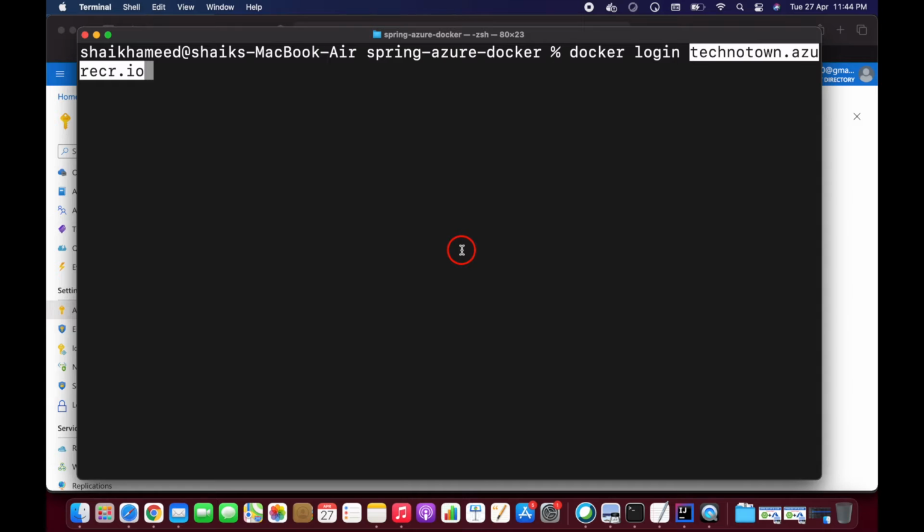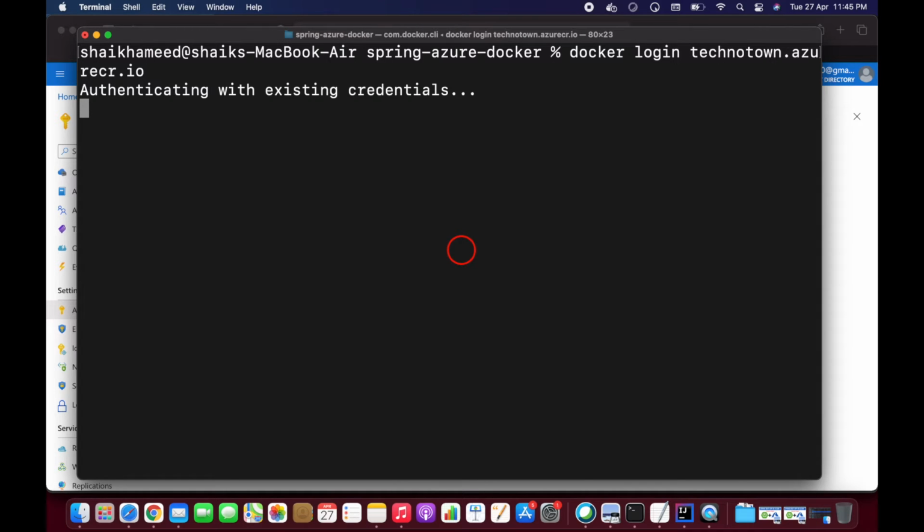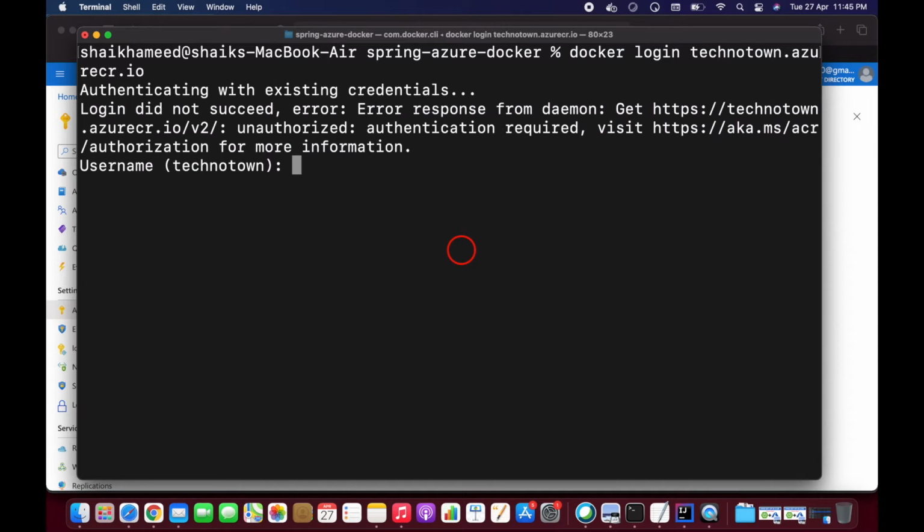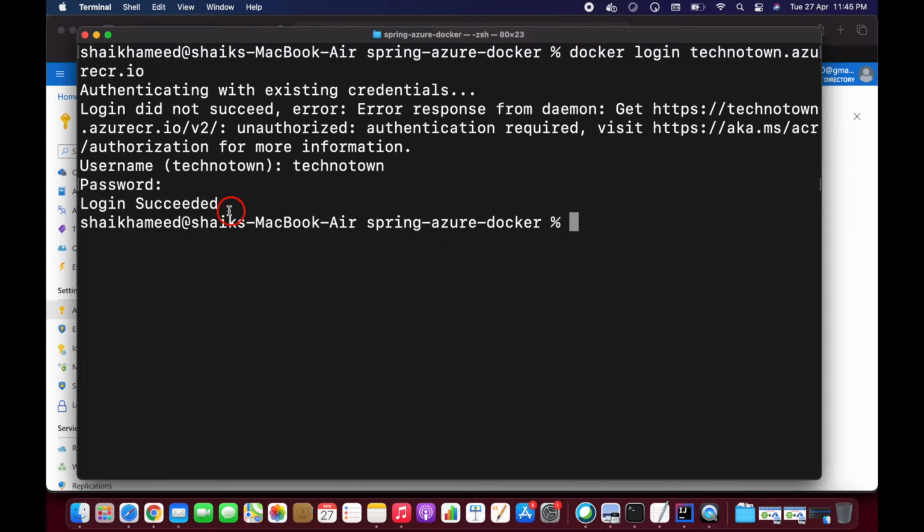Let's copy this and log in. Okay, it's not success, guys, it's asking for the username and password again. So Techno Town and the password, paste here. So login is succeeded here.